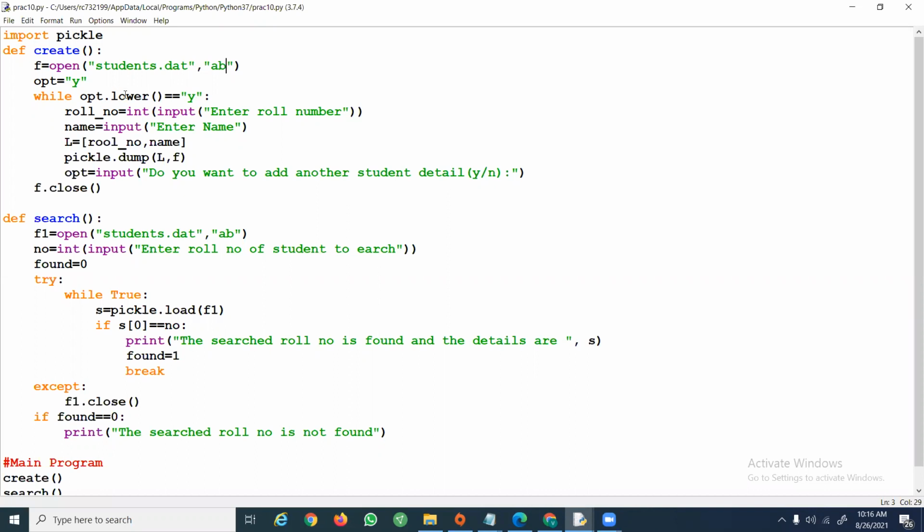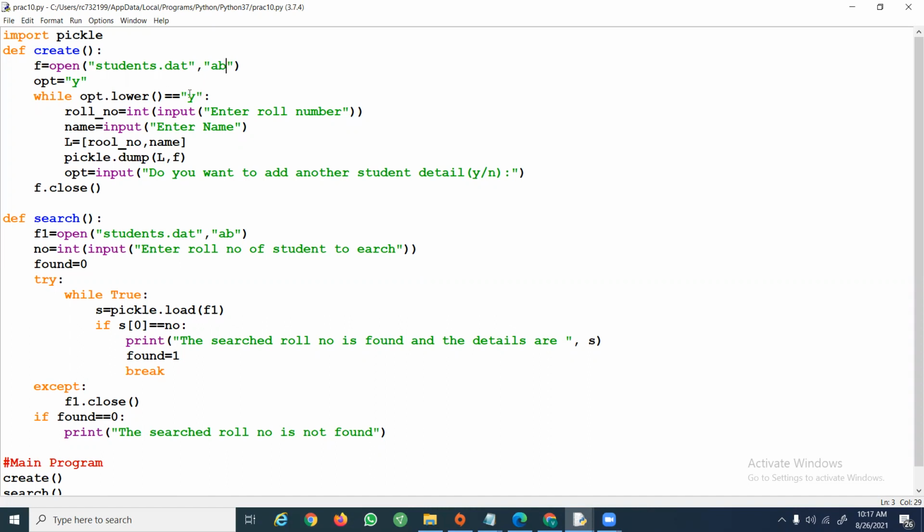It is always safe to use lower, because if you enter a capital Y, it will not read the data. To avoid that, I convert the option into lowercase and then check if it is equal to 'y'. If you press y, you are willing to enter another record. Now the condition is satisfied because I have initialized opt as 'y'.